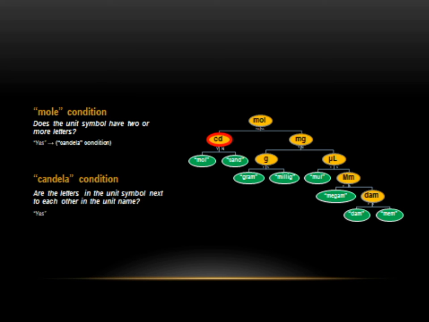If that's a yes as well, we just leave the symbol as is with any prefix before it left in its full form. So millimole, for example, would get rendered into millimole, in this case just without that final letter E. If the answer to that is no, however, we take whatever letters there are in the full unit name that are in between the letters in the unit symbol and insert them between those 2 letters to get the